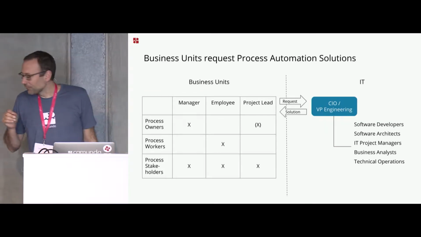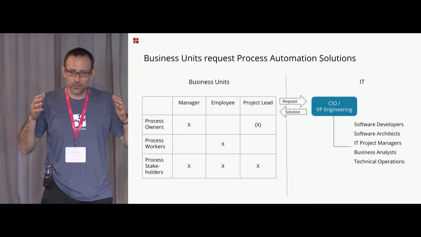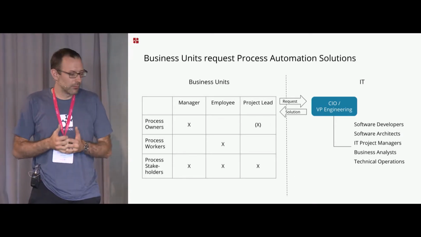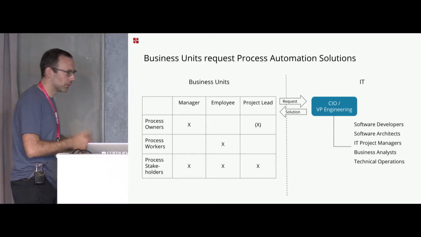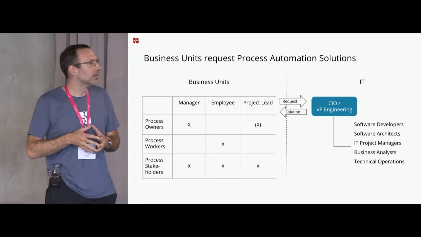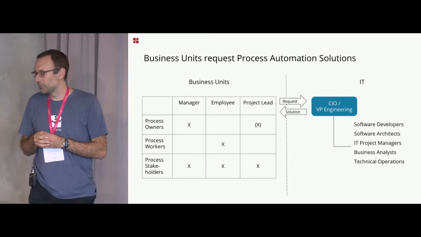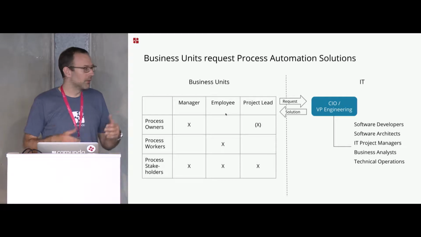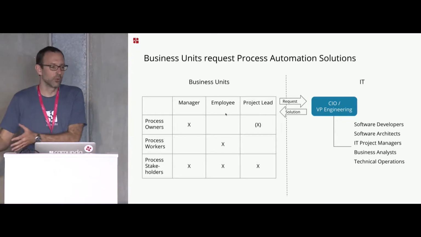All right. So when we do these automation projects inside of an organization, we have this core requirement that we make people work together. And it often, as we already talked about this morning, starts in a way where we have a business unit that wants to automate a business process, and then we have different stakeholders inside that business unit. We have some people who will be in the role of a process owner, so that can be a manager in the business unit, could be a project lead.